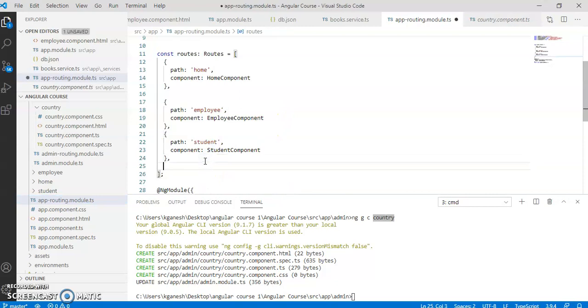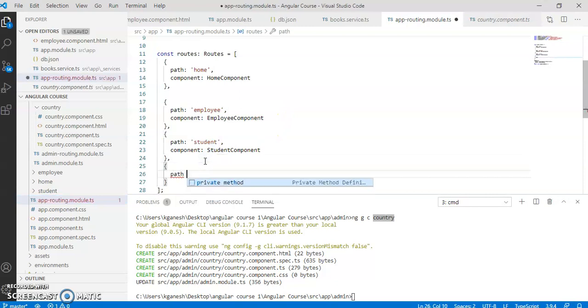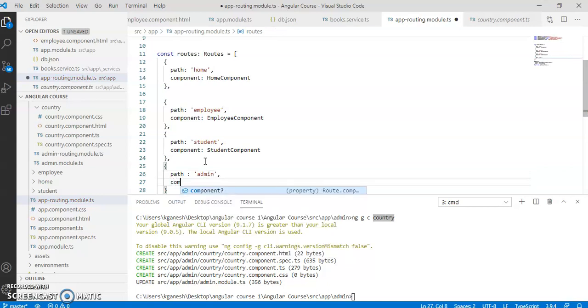Give it as a path admin and component. Sorry, since it is a module, it has a different syntax. How this syntax varies from a component, I will explain.